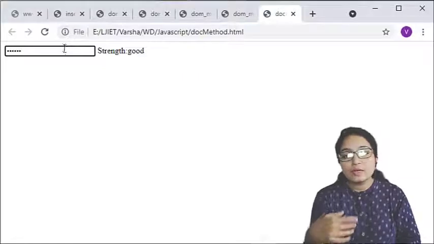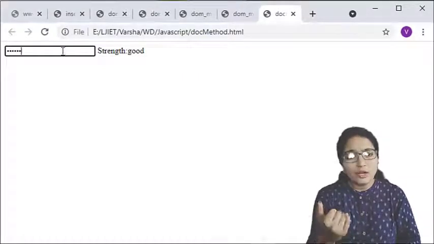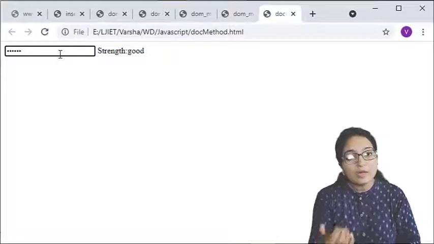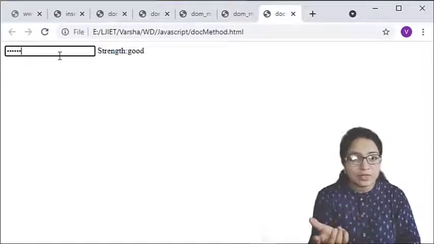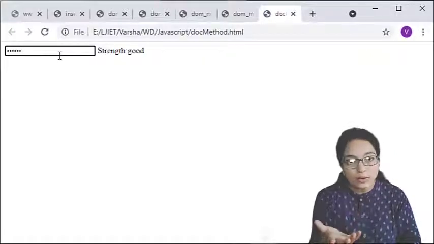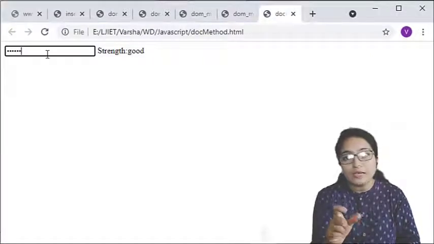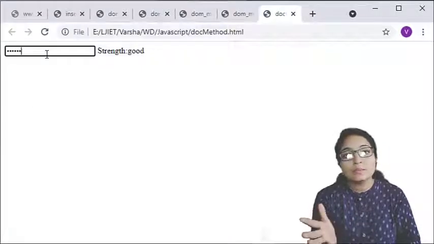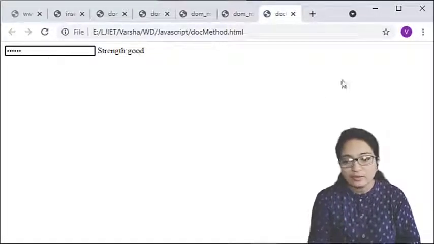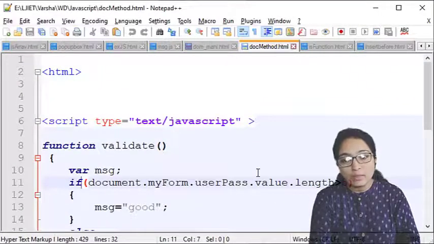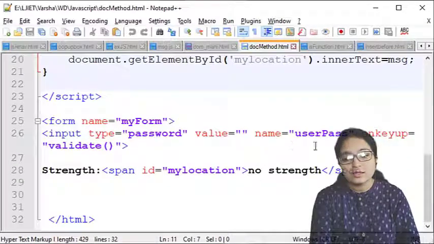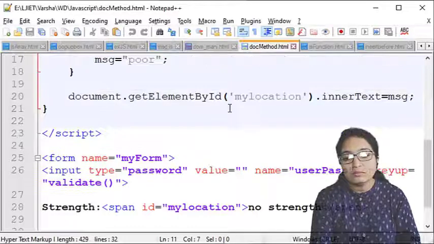So like this you can use the DOM methods to access the element. You can define the event handling on the button click, on the mouse keyup, etc. You can define it on the mouse hover also. Suppose you are hovering the mouse over the text box, the color of this text box will be changed, so like that also you can handle. So this is about the DOM method, about accessing using the onclick event, and accessing using the getElementById.